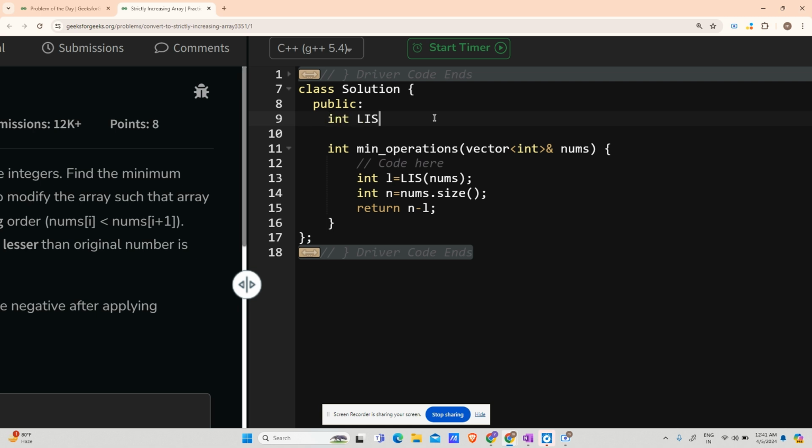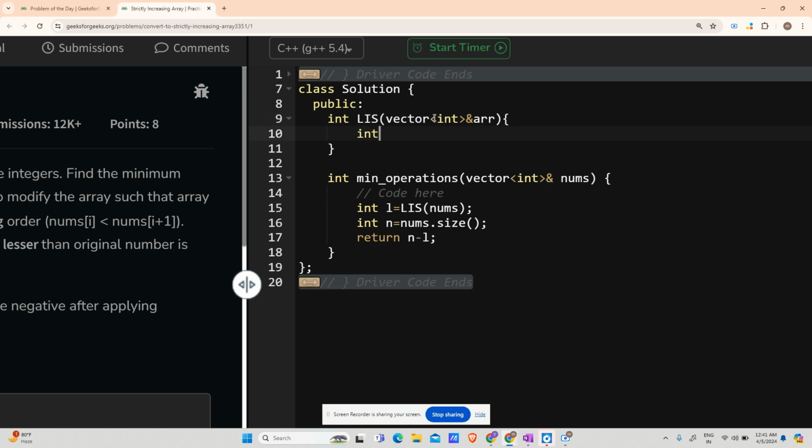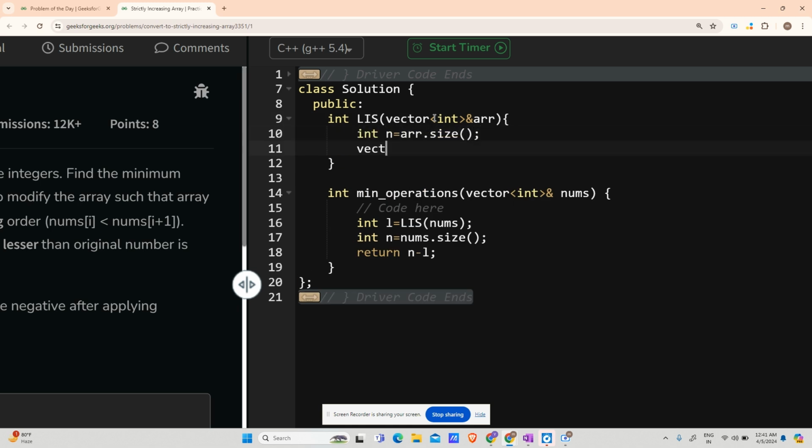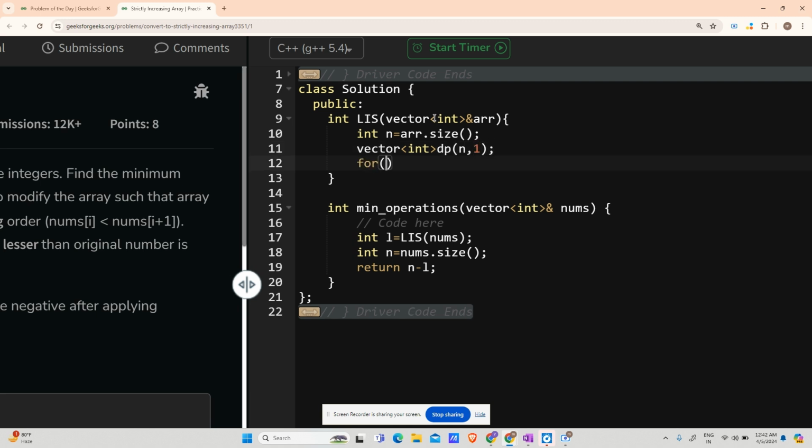Now coming to the LIS function, it takes a vector int. I'm changing the name of nums to array for my convenience. Int n equals array dot size. I will make a dp vector, vector int dp of size n, and initialize all of them by 1. Now, for int i going from 1, i less than n, i plus plus,